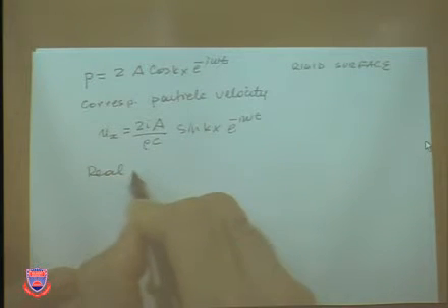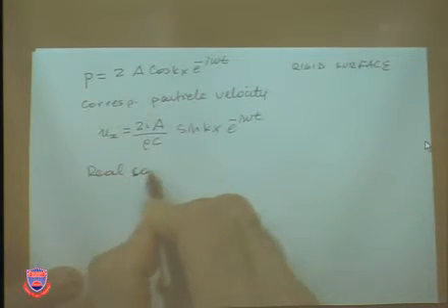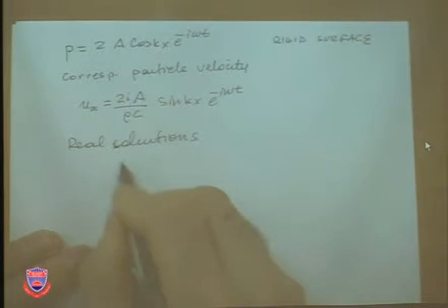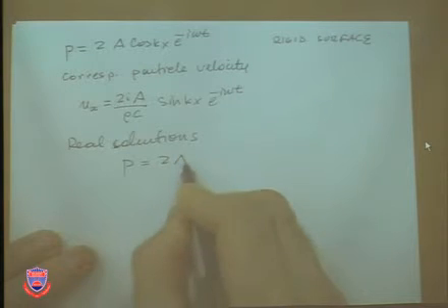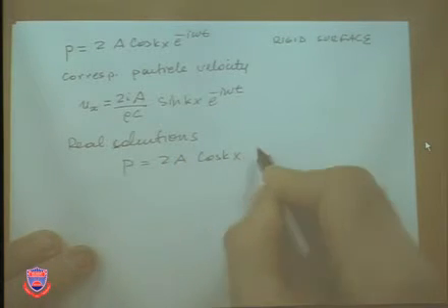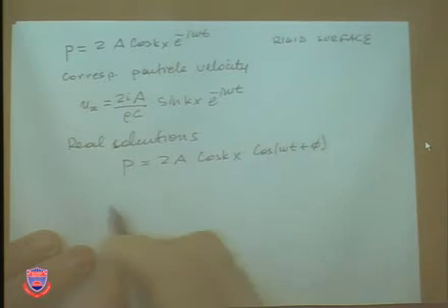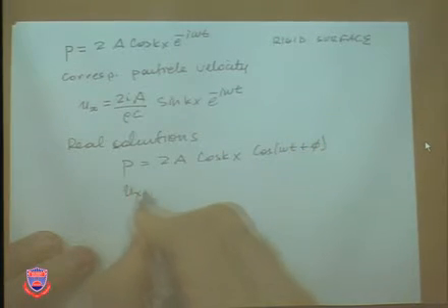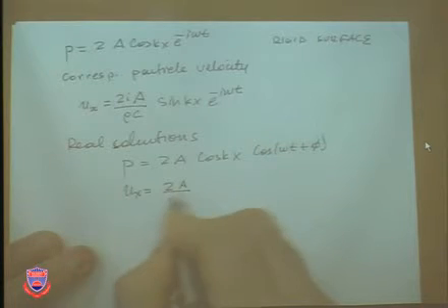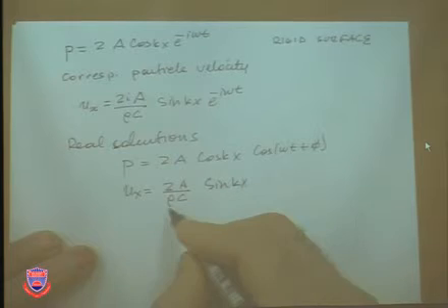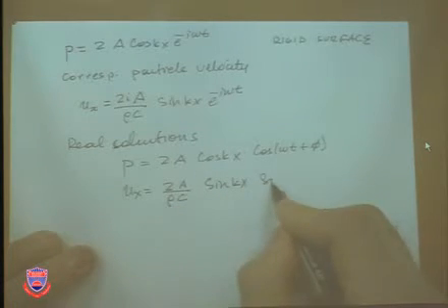And the real solution, because these are complex values, for pressure would be 2a cosine kx cosine omega t plus some phase angle. And of course, particle velocity, the real would be now only the difference between this phase, impedance, and